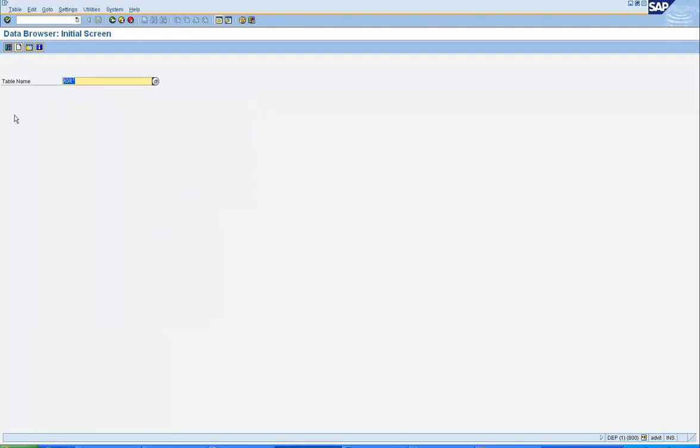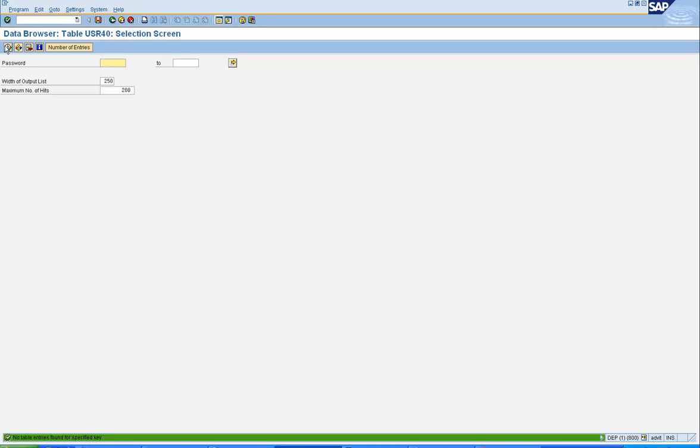Now, another table which is very critical for you is USR40. USR40 is one table that you can maintain directly using SE16, because this allows you to maintain the records in the table. This table will contain impermissible passwords.